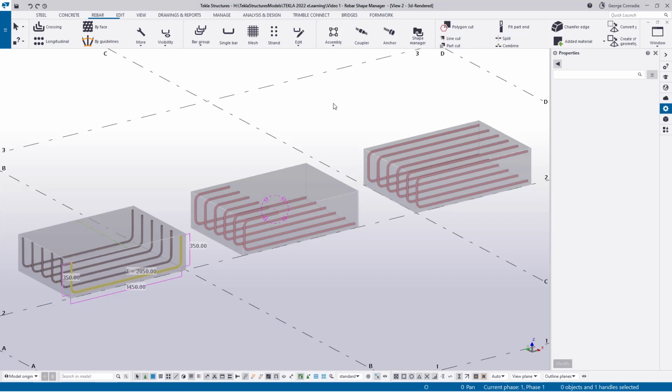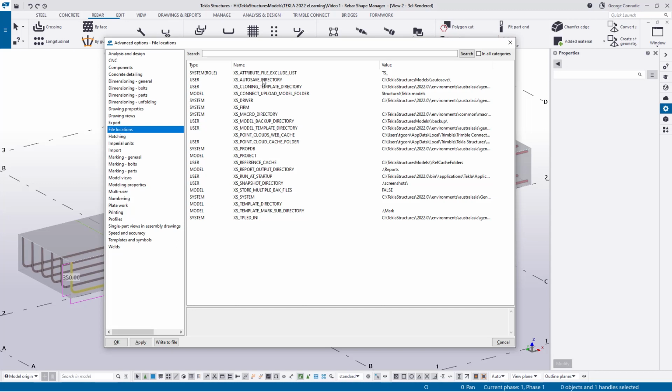But for this exercise, we'll stick with the rebar shape manager, because as soon as we define this shape in the rebar shape manager, it will not use those two anymore. That's just a fallback sort of catalog. It will not use that anymore, because in the Control E, which is your advanced options, if you just type